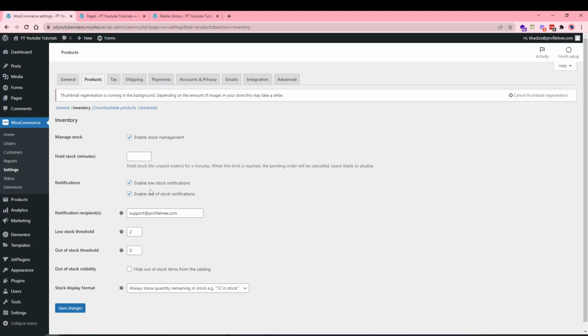Then you have notifications, so enable low stock notifications and enable out of stock notifications. What that means is enable low stock notifications means once the value of the stock of a certain product has reached a certain amount, a notification will be sent to an email that says this product is currently at this amount in terms of stock, and then you can decide if you want to increase that stock amount or just remove that product completely. It's up to you. Then you have enable out of stock notifications. So if a product has been sold and it's now out of stock, you will get a notification as well. So it's up to you if you want to enable those